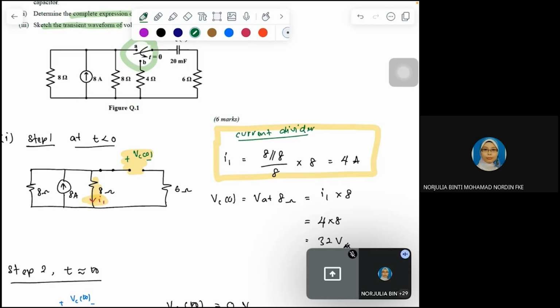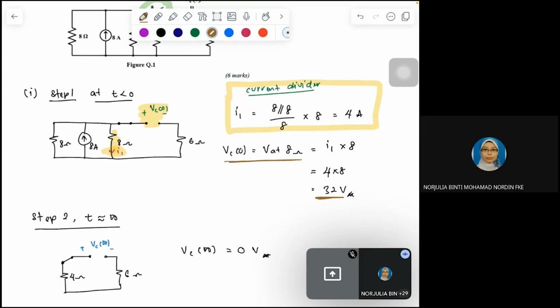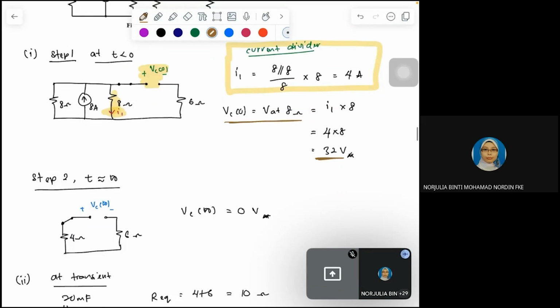Okay, so use the current divider rule. You will get I1 is equal to 4 amps, and then from there you calculate your V, the initial value of your capacitor, which is V at 8 ohms, which is equal to 32 volts. Okay, the next one at step 2, where t is approaching infinity, and the circuit is the circuit after 0